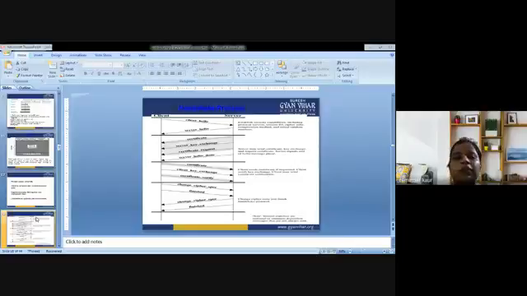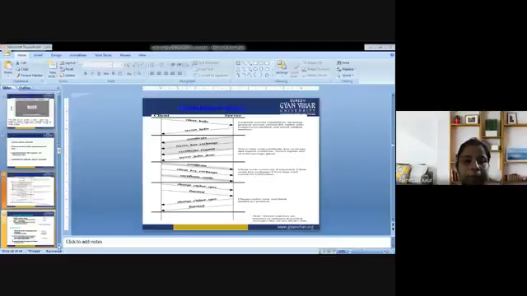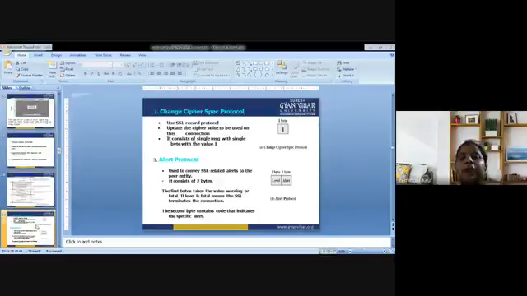In the handshake procedure, we are supposed to have a look at acknowledgement as well. That is why it is sending and receiving, and acknowledgement is also going. Next, we have discussed the change cipher spec protocol and the alert protocol. So these are the 2 types of protocols that we have discussed.